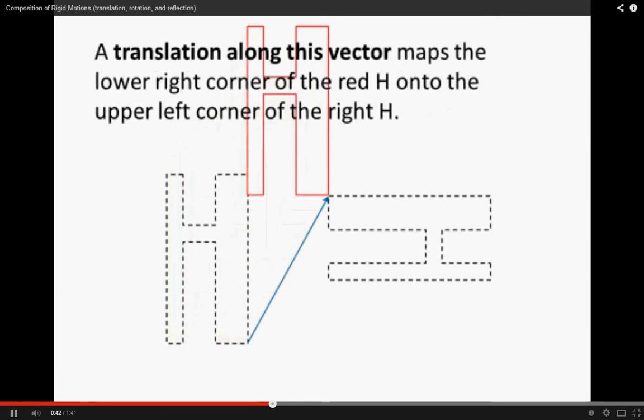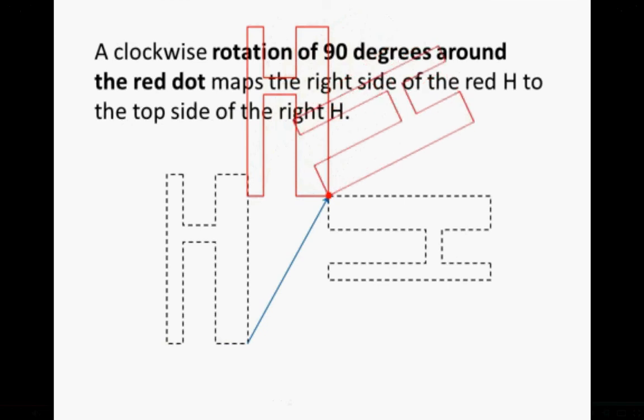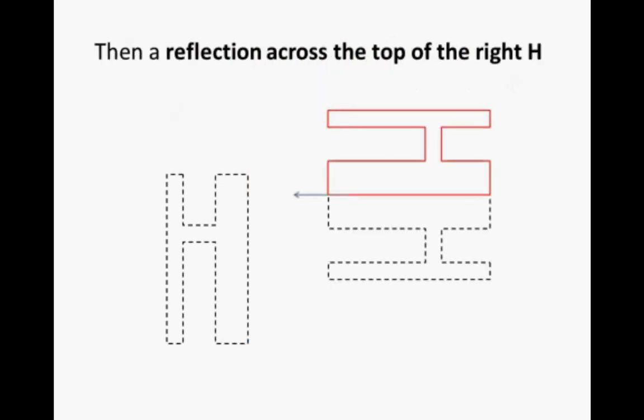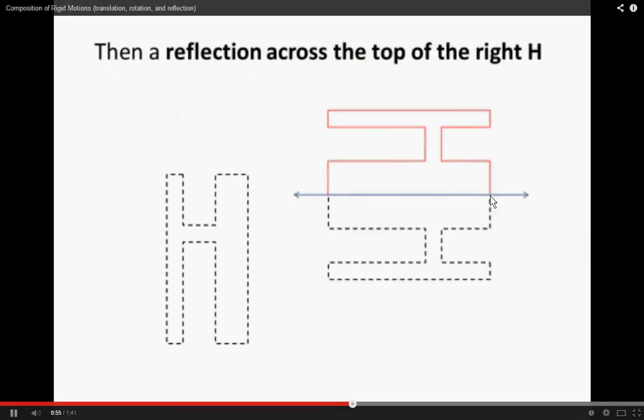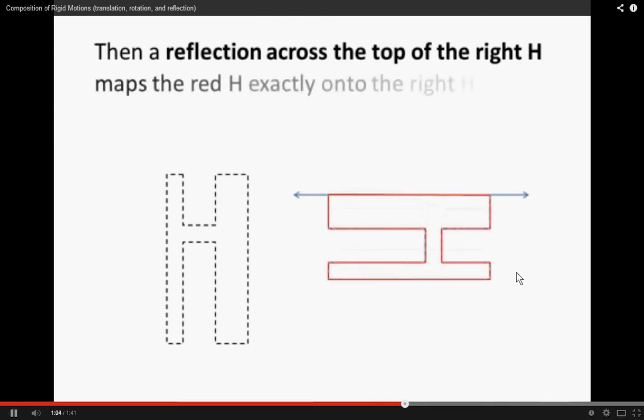Now you might be thinking, how come we don't reflect first or rotate first before we translate? Again, we don't know what our rotation is going to be until we can rotate to match 2 points, which will then form our line of reflection. And so then the last thing we do is the reflection. So it is important, the